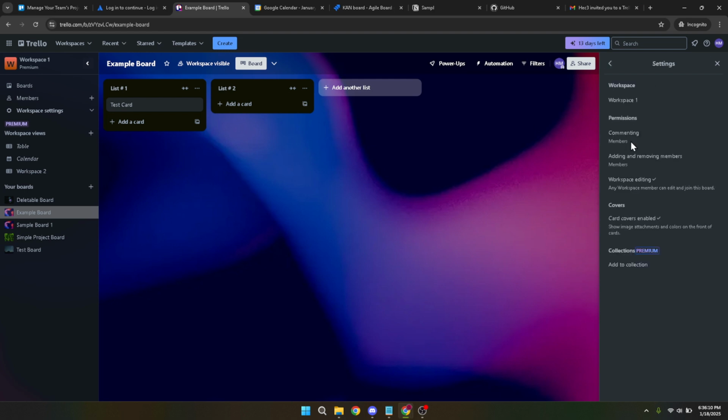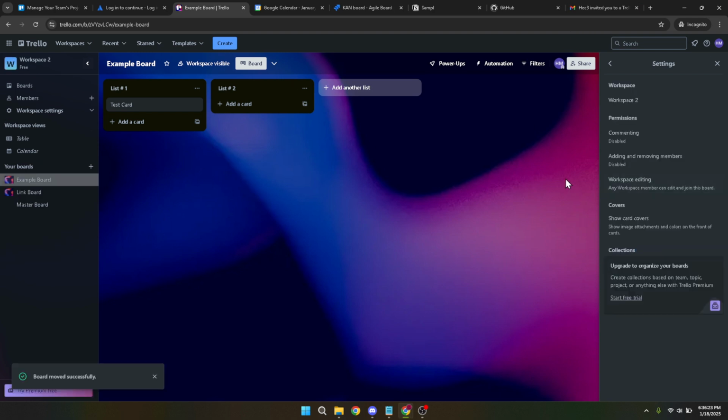This is the key part where you'll transfer your board to another workspace. After clicking Workspace, you'll see a list of available workspaces where you can move your board. Browse through this list and select the workspace you want your board to move to. If you're part of multiple workspaces, make sure you're choosing the right one to avoid any confusion later on. Finally, with your desired workspace selected, look for the Change button, which confirms your action to move the board. Click on Change, and with that your board will be moved to the newly selected workspace.